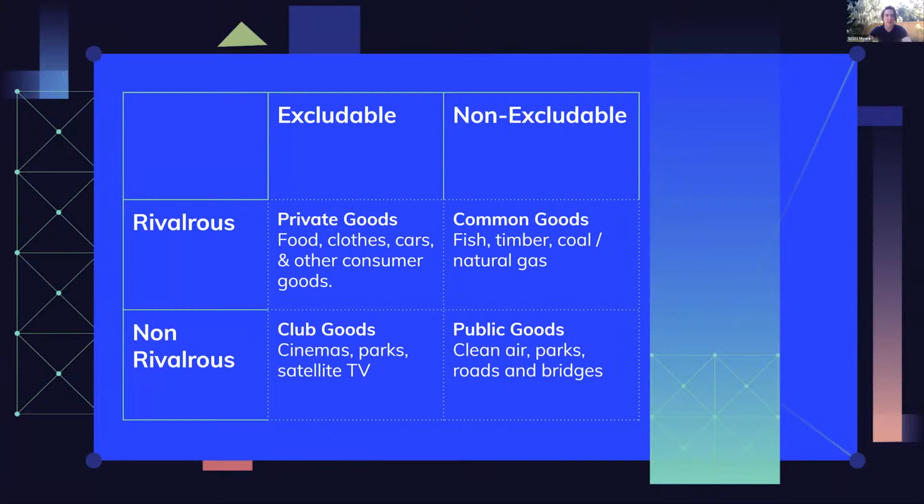These are things that an individual person or group can block you out of. If it's owned by a company or an individual, they can decide that they don't want you to be part of those. But public goods are not excludable. You cannot actually prevent someone from breathing clean air or using roads and bridges, so long as they are public in the true sense, right?